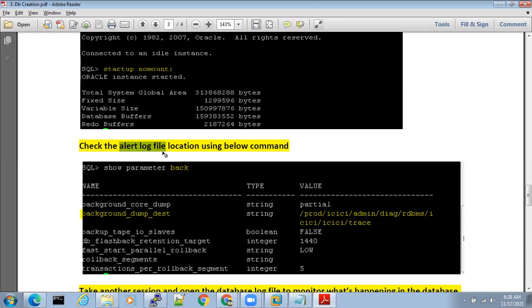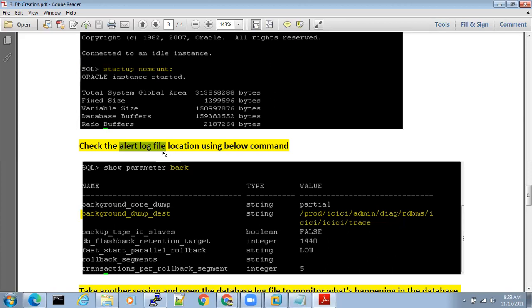Not only me, but all of you, whether you have 8 years, 10, 20, 4 years, 1 year or 35 years of experience, if there is any issue in the database and we are not able to understand it, we also depend on the alert log file only. That is the power of the alert log file. It can give you the solution in minutes.